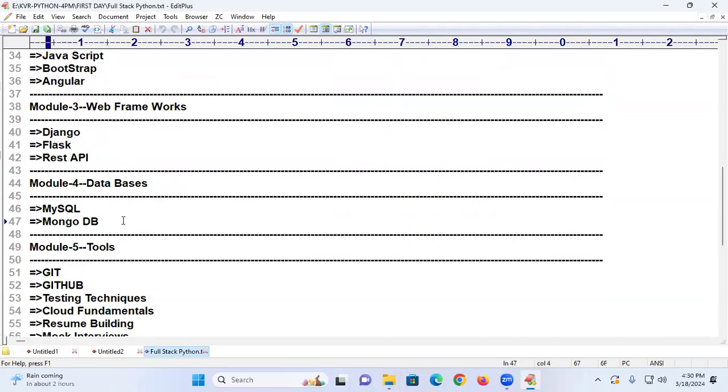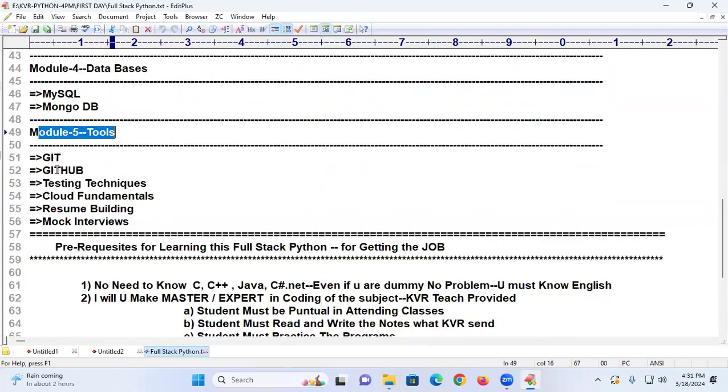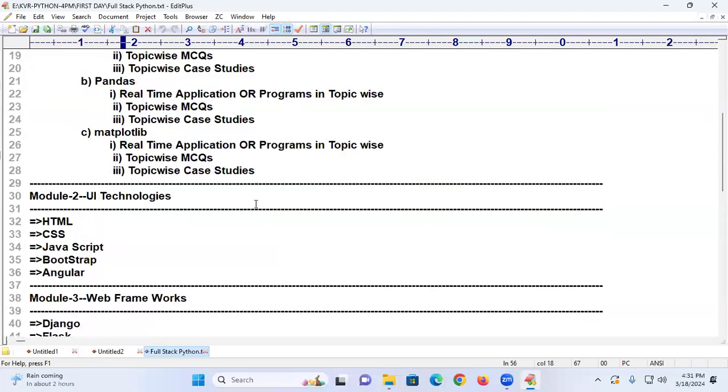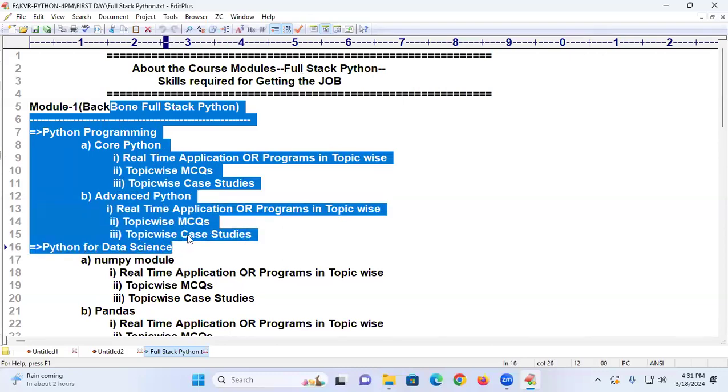MySQL we cover, MongoDB, and the tools required for entering the software industry: Git, GitHub, testing techniques, cloud fundamentals, resume building, and how to face the interviews. These are the things I'm going to discuss. To get the job in the industry, these many things you need to learn.